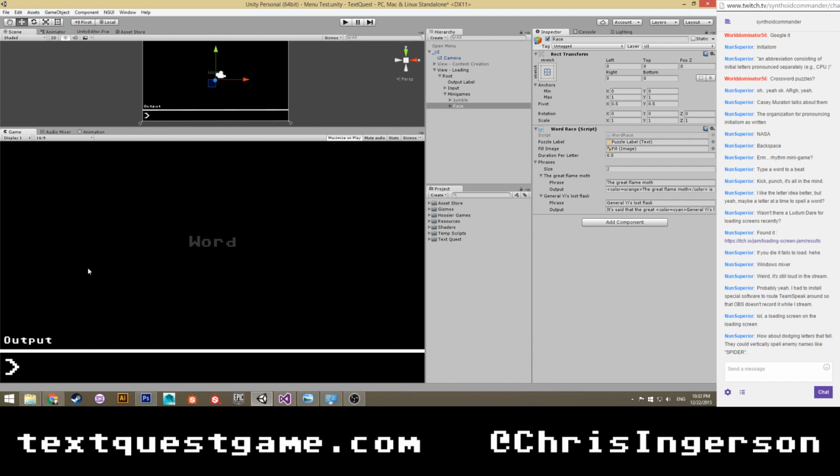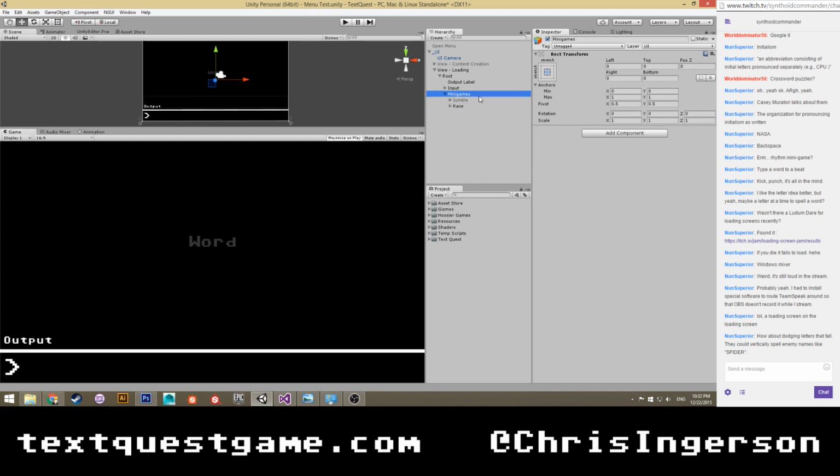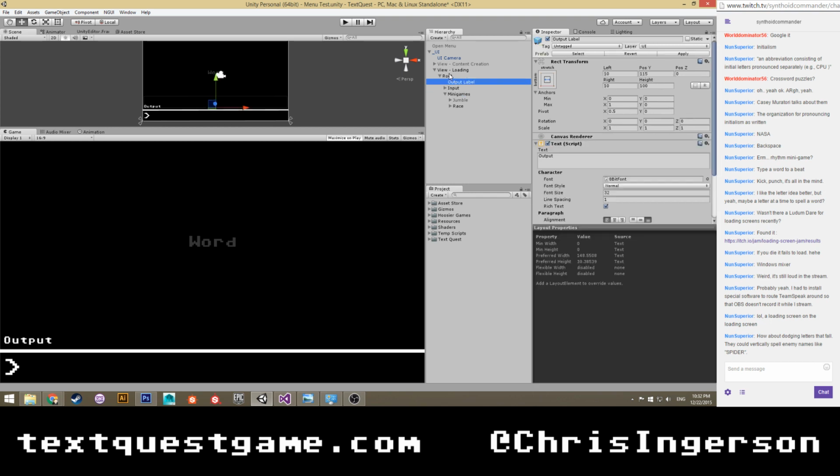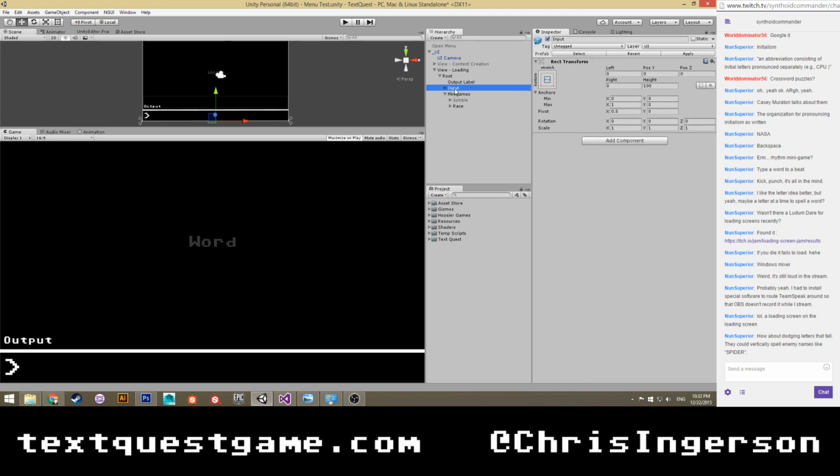It's possible. Yeah, you know what? I think it would actually be better if I got rid of this input field. So instead of having an input field, the mini games just react to your key presses directly.